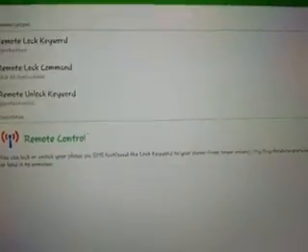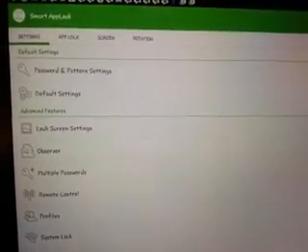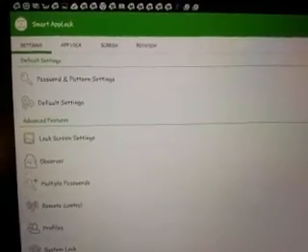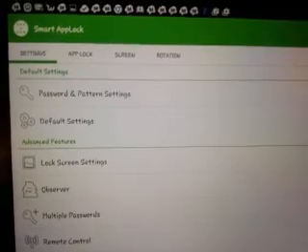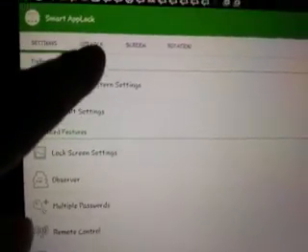When you go into it, you're going to see a lot of tabs. You're only going to really focus on two tabs. You're going to focus on the settings tab and the AppLock tab. Okay, so let's go ahead and start with the AppLock tab. When you hit the AppLock tab,